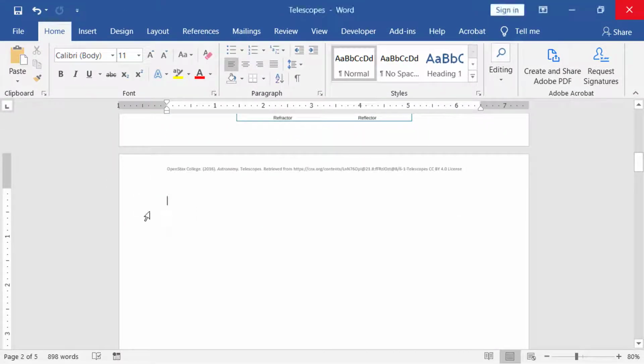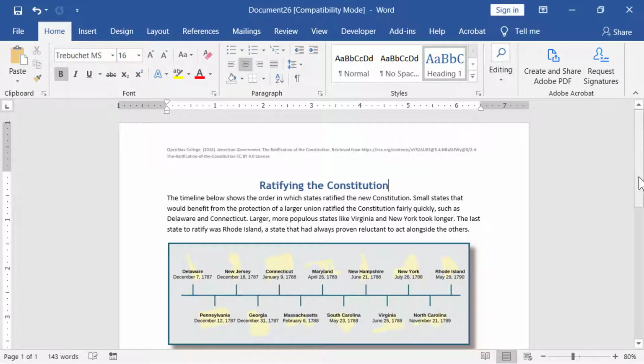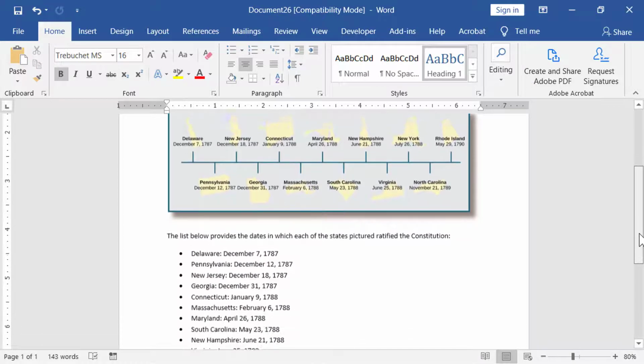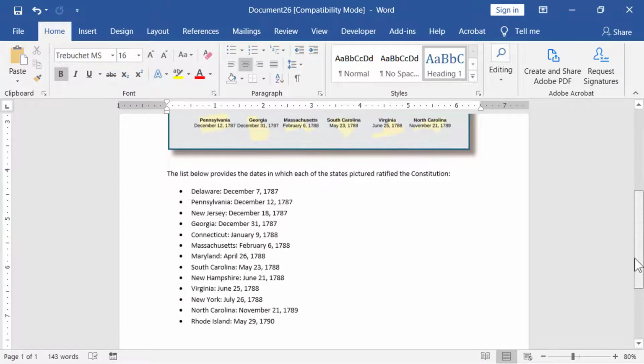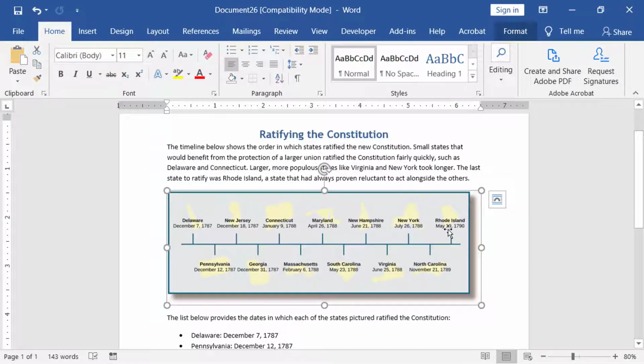The long description should be a part of the lecture content so all of the students can benefit from it, so I'll type it near the image. Here's another example of an image requiring a long description because it is learning content. The image is a timeline showing the order in which states ratified the Constitution, so the instructor wrote a long description of the timeline as a list below the image. We'll treat the alternative text for this image as we would an example image,